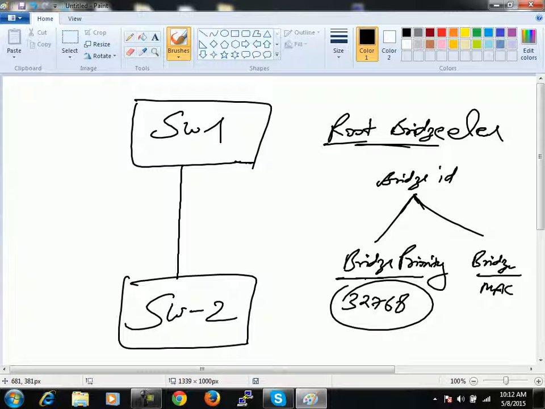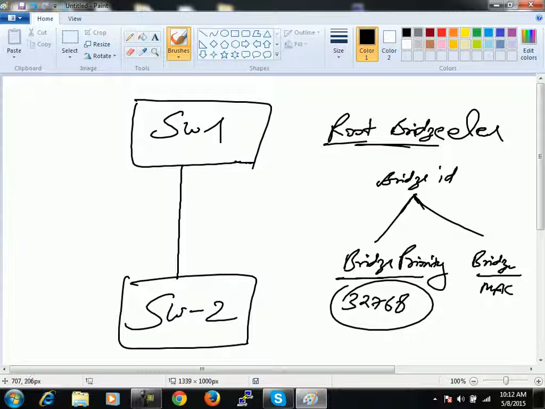If bridge priorities are common, then they will use the bridge MAC address as a tiebreaker, and finally your root bridge election will be based on the bridge MAC address if their priority was common. By default, all switches will have the same common bridge priority. So by default, your root bridge election will be performed based on their base MAC addresses, right? I hope you have now understood how they perform their